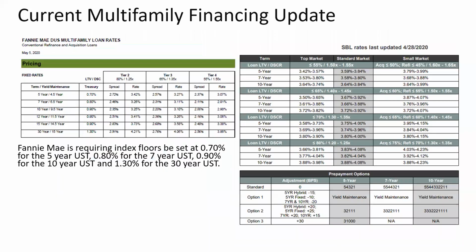So here's where rates are. I wish people could have these rates forever. On the Fannie Mae side, let's start on the left side. This came out today. They have a floor on Treasury. The 10-year Treasury, last time I looked, was like 60 basis points. They have a floor of 90 basis points. The spread is 235, so you're about 325 on an 80% loan to value fixed for 10 years.